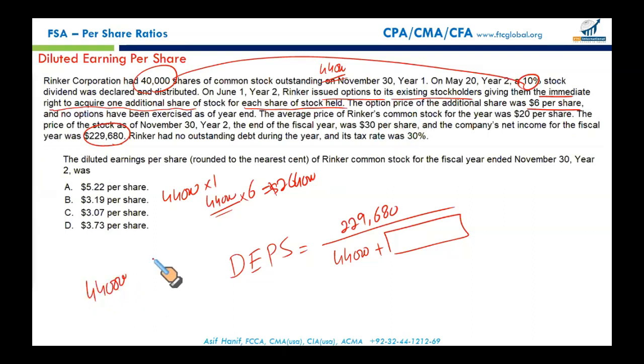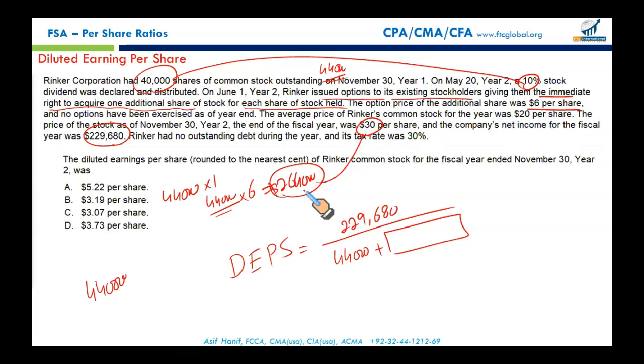Now listen to me very carefully. What I'm going to do is a little complex, but with a little focus you can understand the concept. When the options are exercised, the firm will receive $264,000, and 44,000 shares will be issued to those who have exercised the option. Fine. The company has now received $264,000. For computational purposes, the company is assumed to use this money to purchase its own stock from the market at $30. Why did I take $30? The average price was also given.